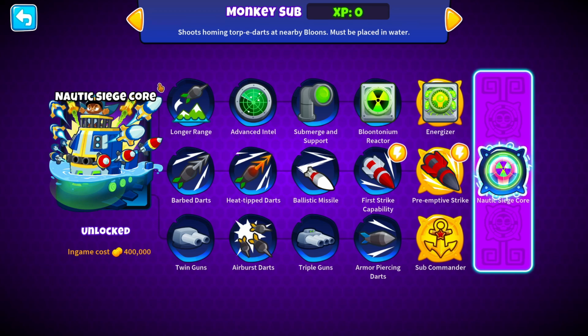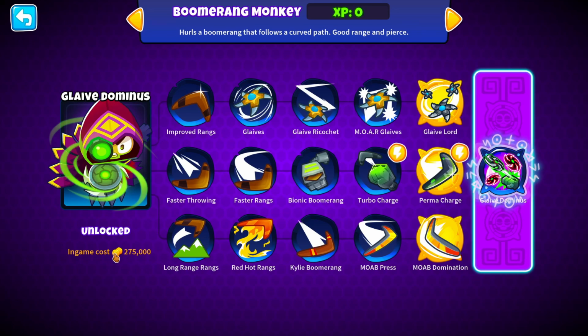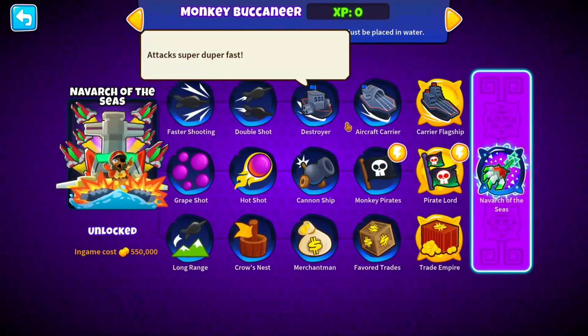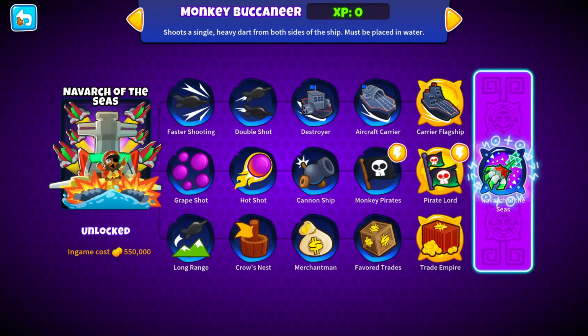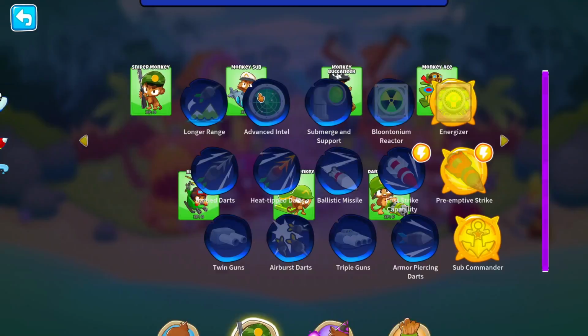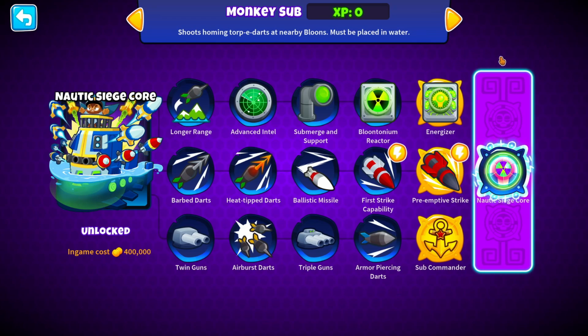So this looks absolutely fantastic. On top of that, the in-game cost is not expensive at all. It's just a little bit more expensive than the glaive dominus, and it's also a little bit cheaper than the Nautic of the Seas, right? Yeah, so it's like $150,000 cheaper than the Nautic of the Seas. So we're definitely going to be checking out the Nautic of the Seas in this video, but the first thing